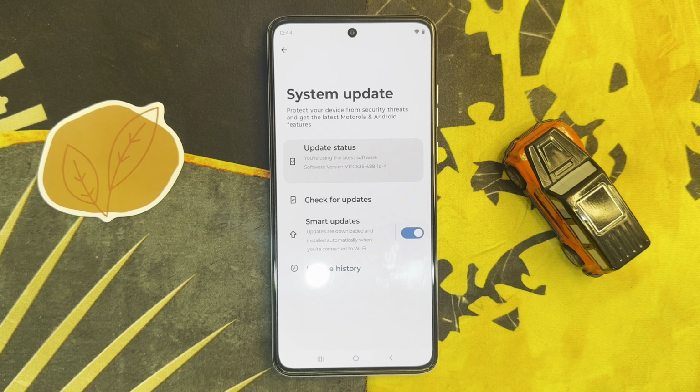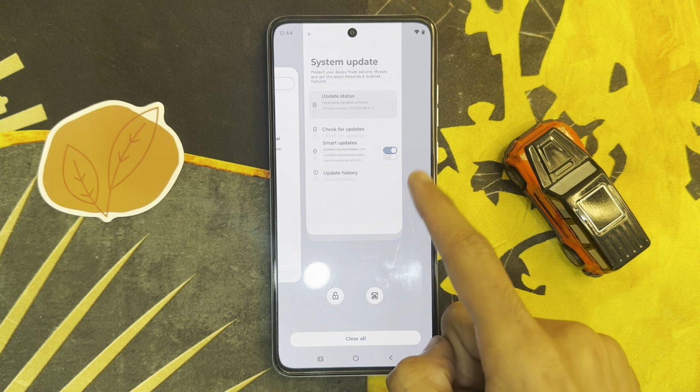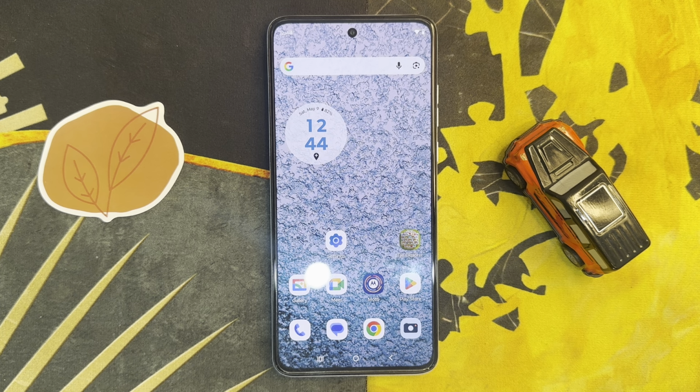Scroll down and click on system and update. You will check that your software update is the latest. If it is not the latest, update your software to the latest version. After updating the software, go back to the home screen. You will see your problem is solved. But if it is still not solved,